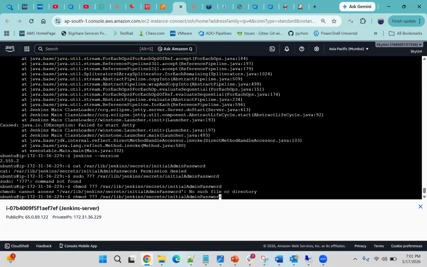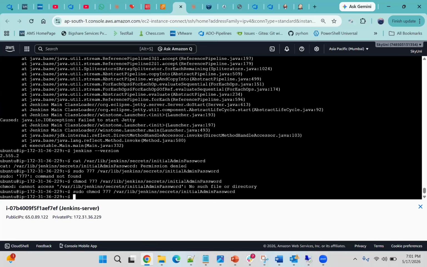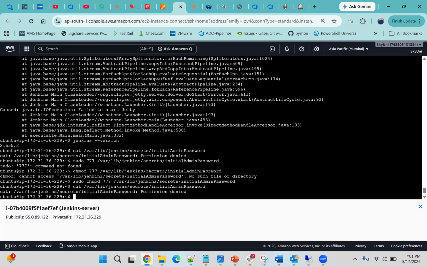Then access. Let's type sudo in front of it. And now it should be accessible. If I do cat, still it is showing. Okay,